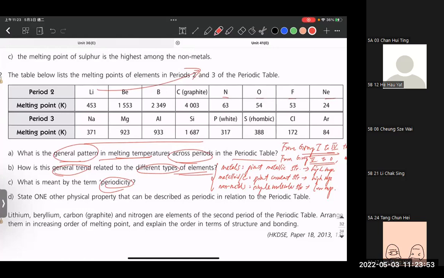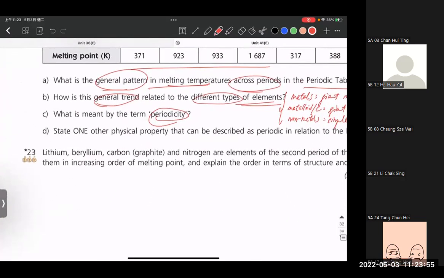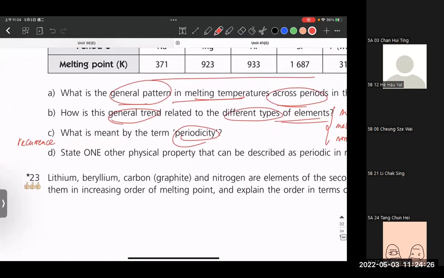Periodic. Yes. Of course, across the period, it seems like it repeats itself, right? But it is not just repeat. It will give you a very similar pattern that will occur again and again. So we call it recurrence of the same pattern. Can you get my point? Periodicity means that they will repeat something, so they will occur again. Okay, so recurrence of the same